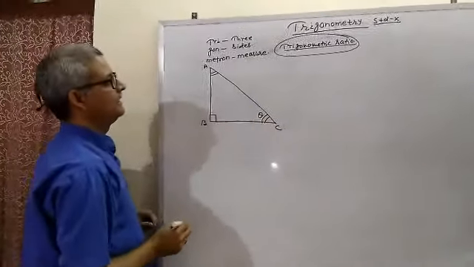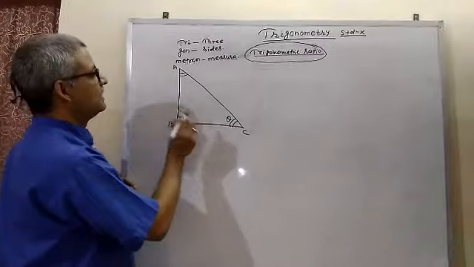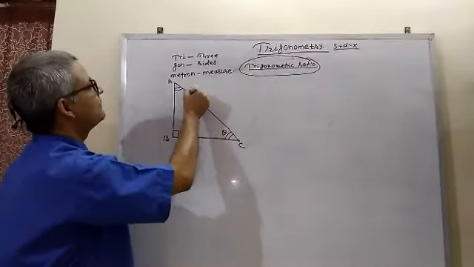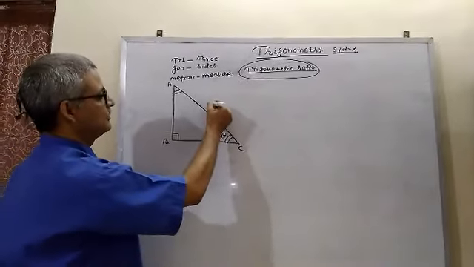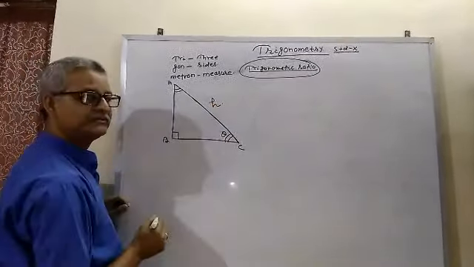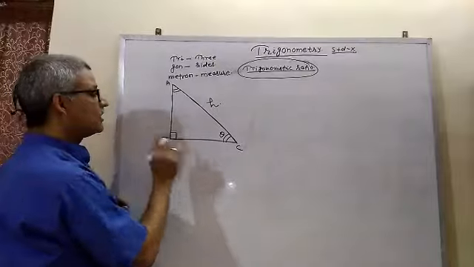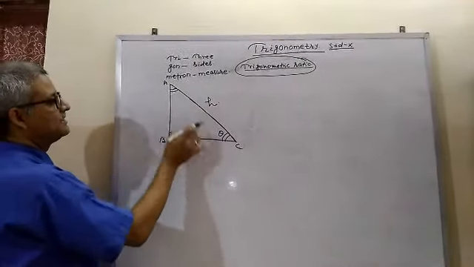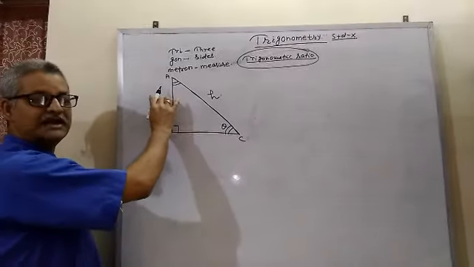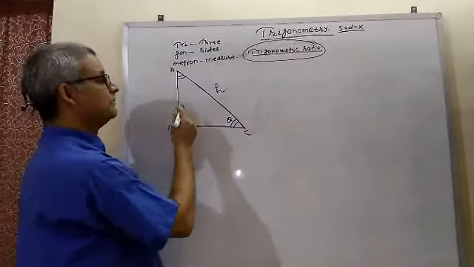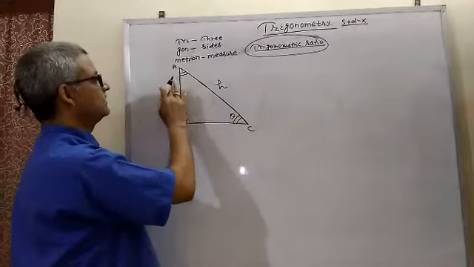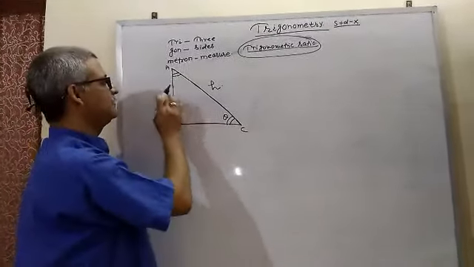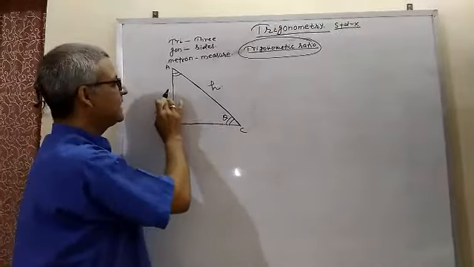Now in trigonometry, the first concept is that in any right angle triangle, the side opposite the right angle is known as the hypotenuse, which is represented by H. According to Pythagoras theorem, we can take AB and BC, any one of the sides as base or any one of the sides as perpendicular. In Pythagoras theorem, if AB is perpendicular, then BC is base, or if BC is perpendicular, then AB is base. We can take any one.